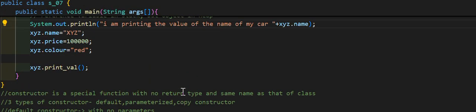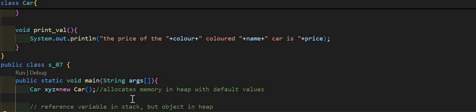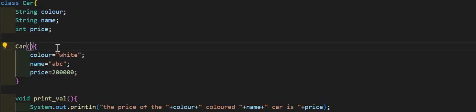Now there are three types of constructors: a default constructor, a parameterized constructor, and a copy constructor. A copy constructor is a difficult topic for a beginner, and we will discuss it later. For now, let us learn what a default constructor and a parameterized constructor are. We have had a good conversation on the default constructor. A default constructor is any constructor with no parameters. See, there is no parameter here. The parentheses are completely empty. So a constructor with no parameters is known as a default constructor.